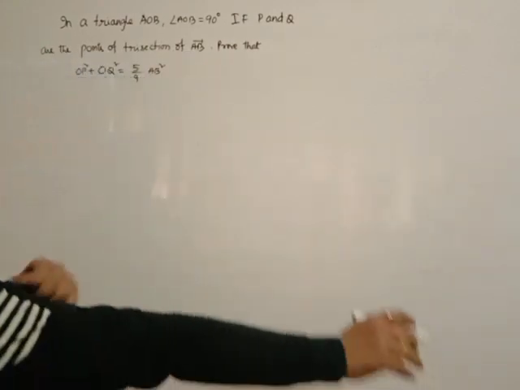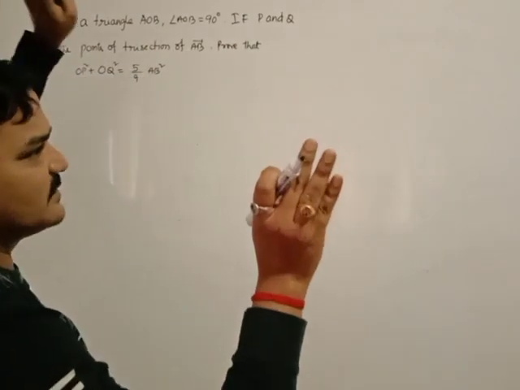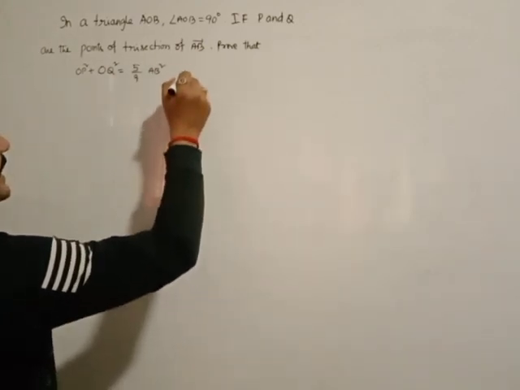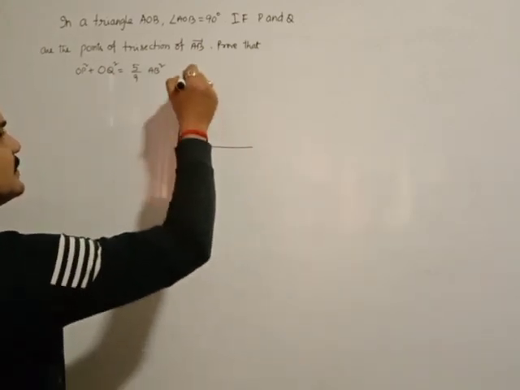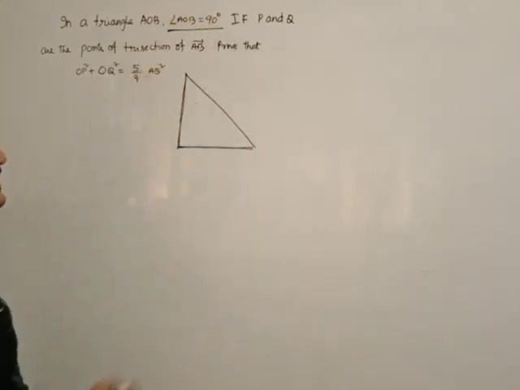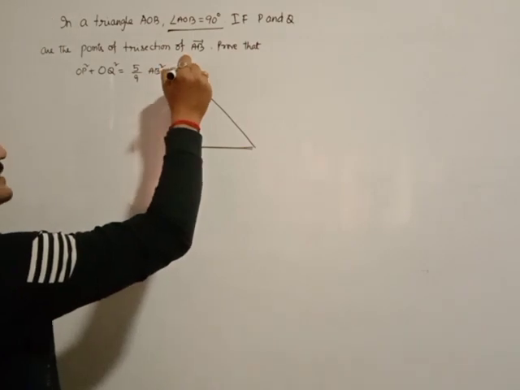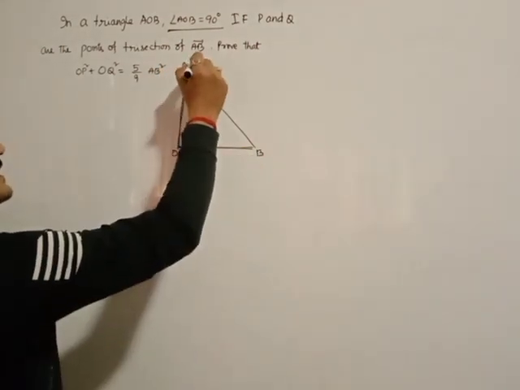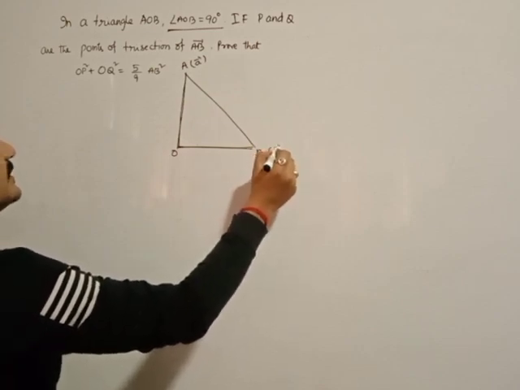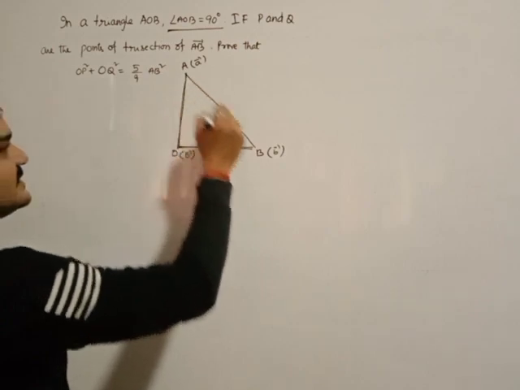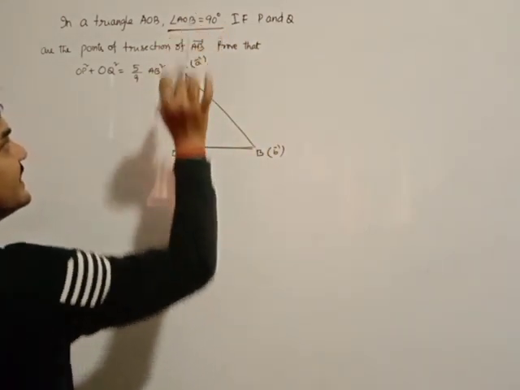Carefully observe, nothing difficult in this question, a very easy concept, but you need to understand it a little bit. I can consider a triangle. Which type of triangle? It is a right angle triangle because the first condition is angle AOB is equal to 90 degrees. So I take AOB. I consider A of A bar and B of B bar, and O of O bar, meaning the origin is O bar.